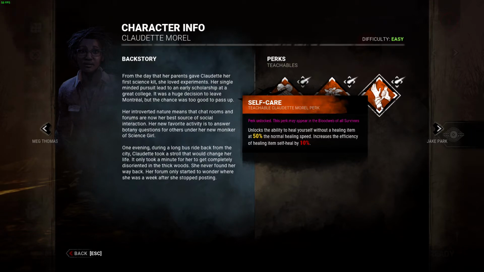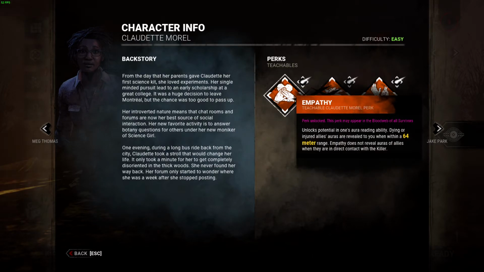Self-Care allows you to heal yourself without a medkit. If you are prone to getting found, this could be the perk for you, but the heal is 50% slower than normal, so it can waste a lot of time. I personally suggest bringing a medkit instead, but that's a personal preference. Empathy, on the other hand, allows you to see the auras of injured survivors nearly map-wide, up to 128 meters. This can help you find people in need of healing or let you know where the killer is if someone